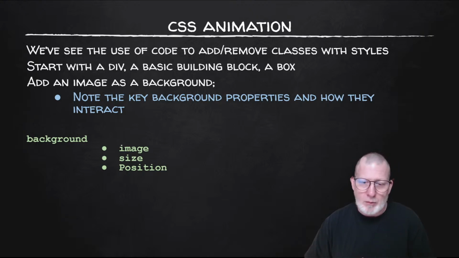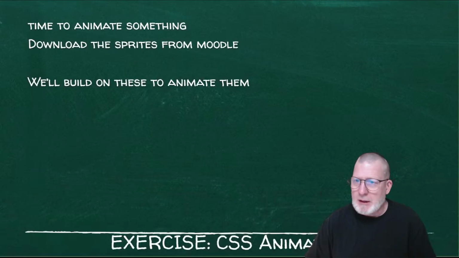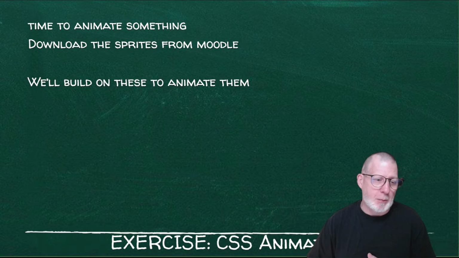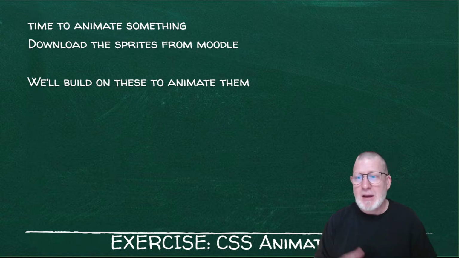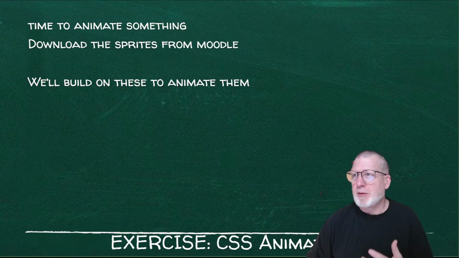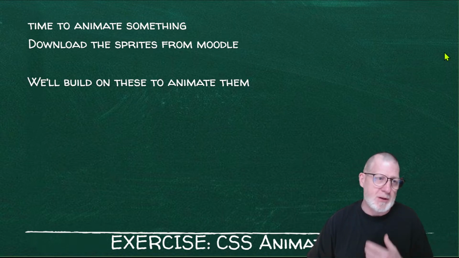So I think there's a couple links on Moodle that will give you a sprite sheet. There's a couple additional articles on how to play around with CSS and CSS backgrounds and gradients and animating things. And you can look there to get further information on how you might want to put some of these pieces